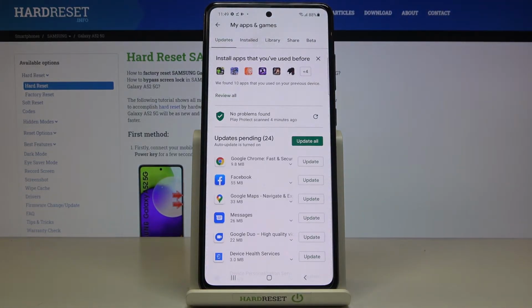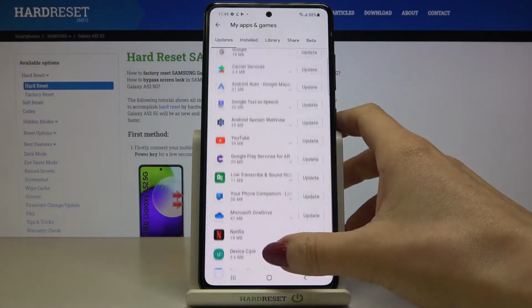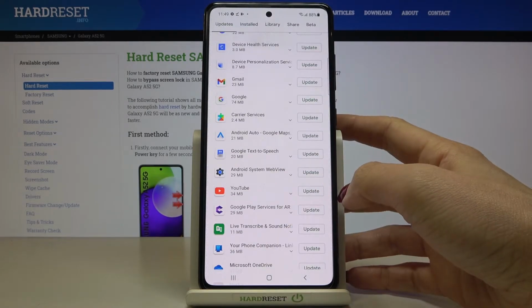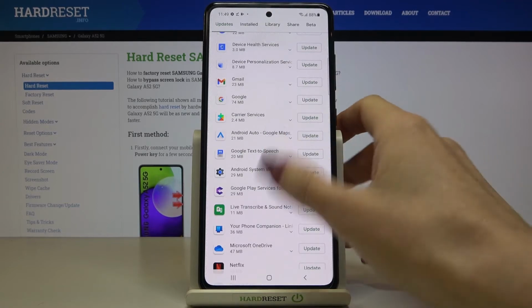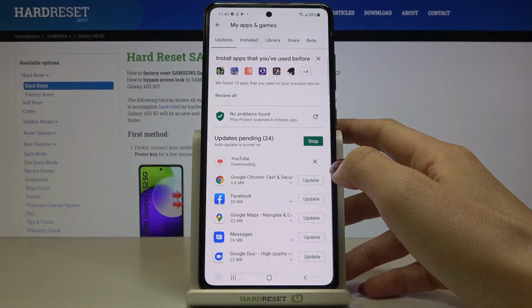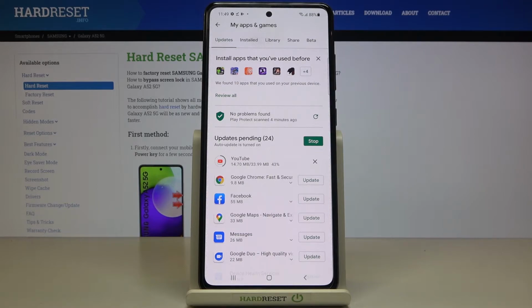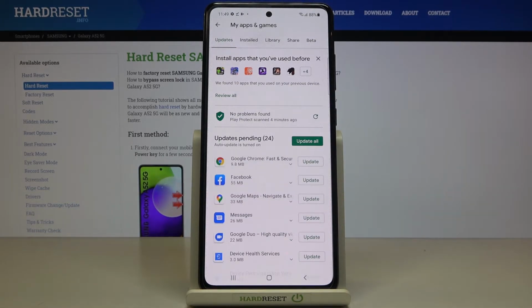And here under Updates you've got all apps that can be updated, and pick particular app if you would like to update one app only, and then tap on Update right next to its icon. It will be updated, and then you will be able to use the latest version. But let me stop it, because the